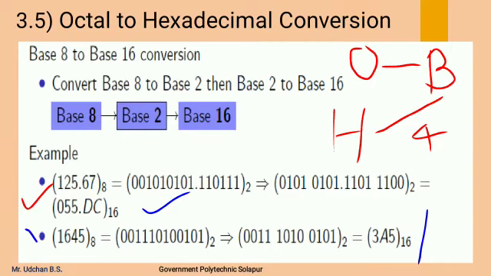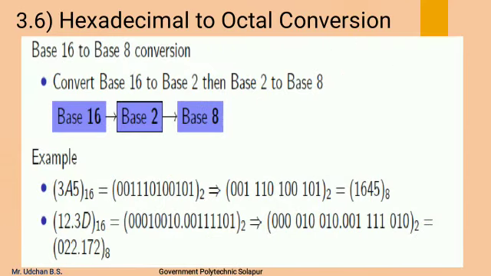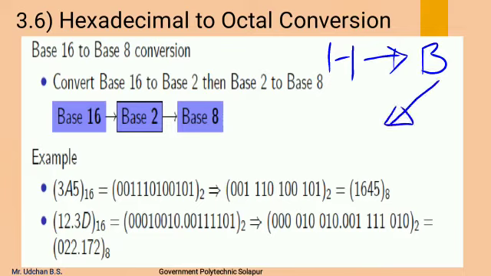Second example. Now next we will see the hexadecimal to octal conversion. In this also we cannot directly convert the given hexadecimal number into octal. First we have to convert the hexadecimal number into binary by writing its 4-bit equivalent binary number, and then the converted binary number can be converted into an octal number. The example given over here is the hexadecimal number 3A5, which we have to convert into the octal number. Now we will see how this can be converted.